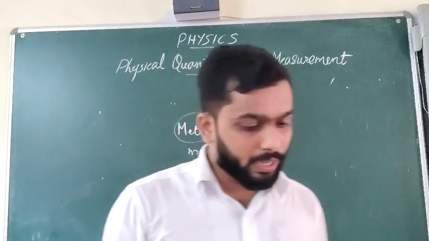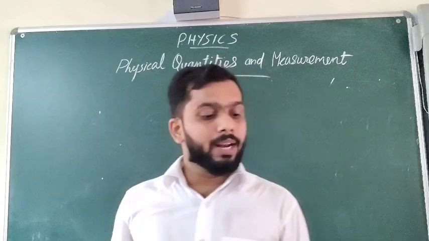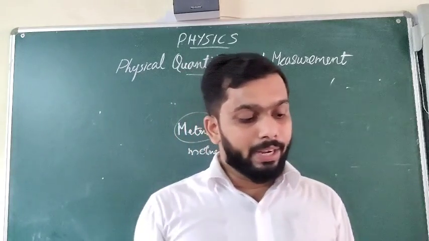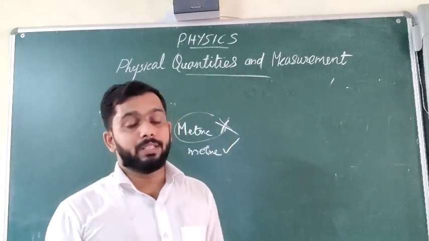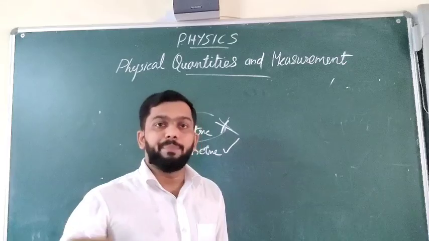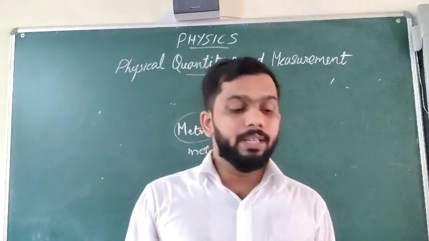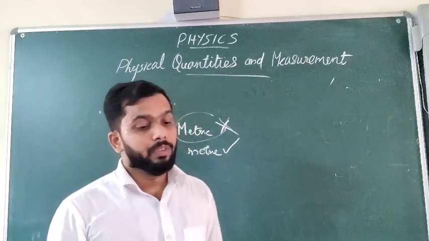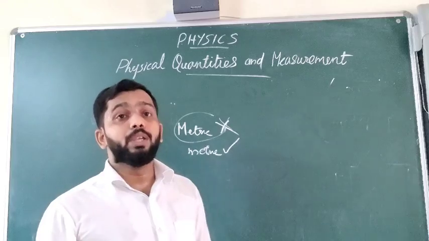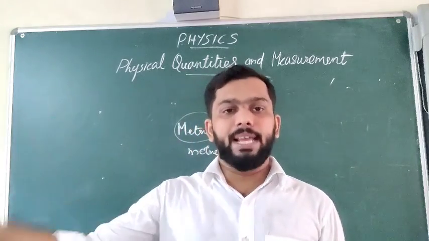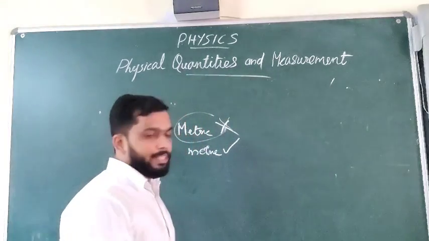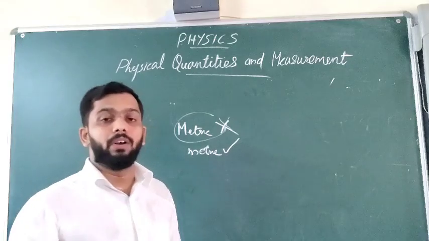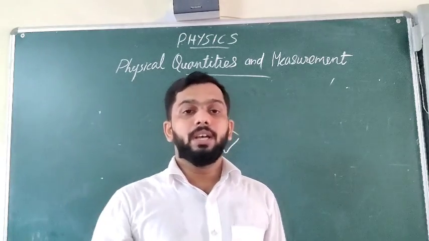Then what is the next case? If a unit is derived from the name of a person, its name is always written in small letters. Even if it is derived from a person, the name will be written in small letters. For example, newton, the unit of force that we will discuss later. In order to honor Isaac Newton, we have given the name of the unit as newton.